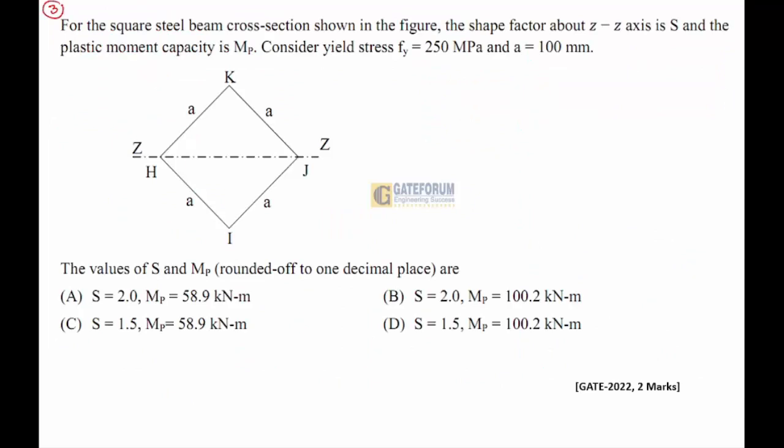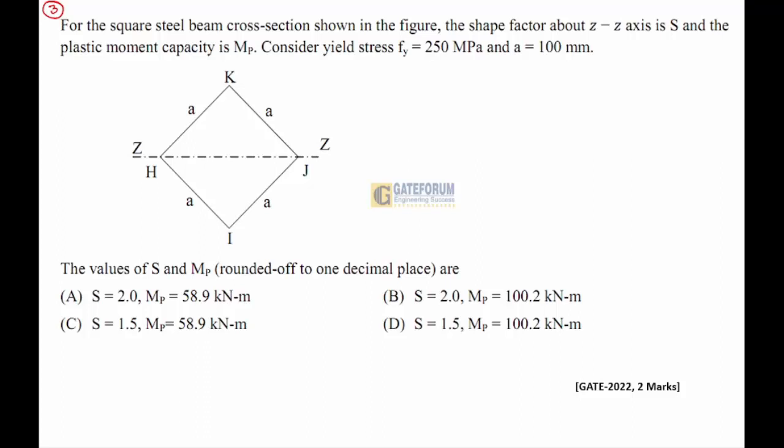For a square steel beam of cross section shown in the figure, the shape factor about the ZZ axis is S and the plastic moment capacity is M suffix P. Consider yield stress of 250 megapascal and A equal to 100 mm. The value of S and MP rounded off to 1 decimal are: S equal to 2, MP equal to 58.9